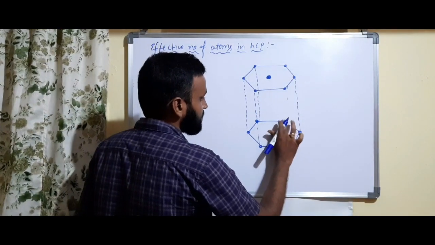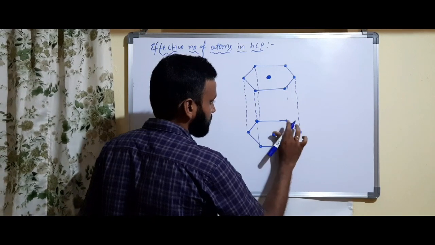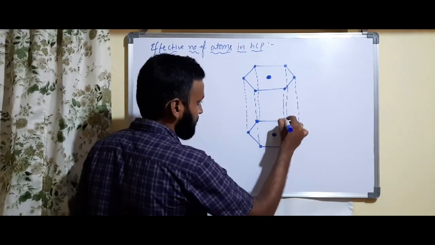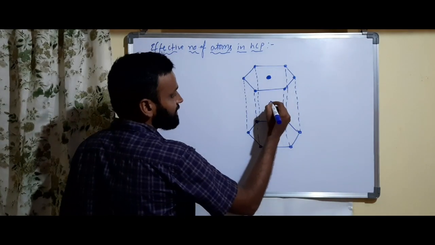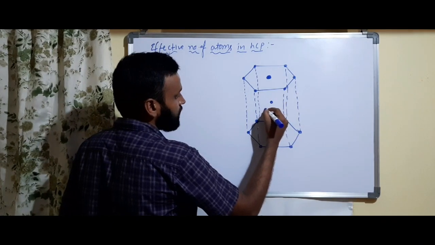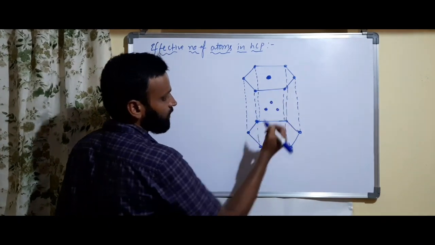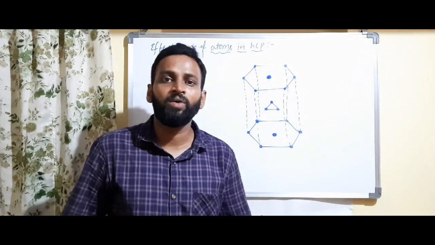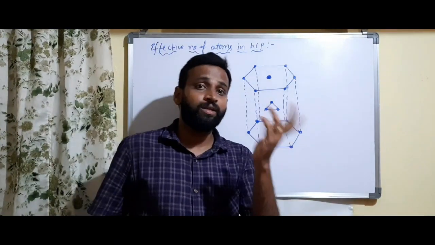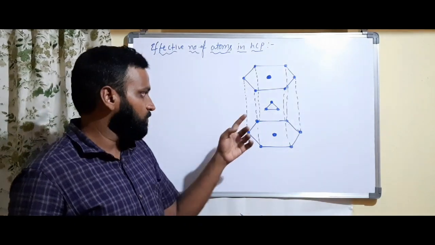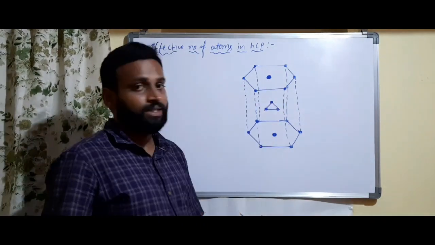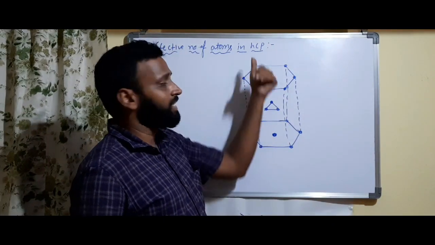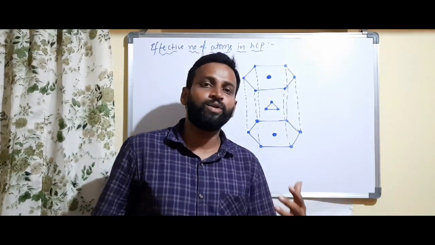It's somewhat better to write like this. Okay, and in hexagonal there are three, like this you can write, or else 2 here and 1 here. There will be 3 body centers present. They are the positions. We cannot ask, sir, why 3 body centers, when in cubic there is only 1 body center. But in hexagonal close packing there are 3 body centers and 2 face centers. Those are the positions occupied by atoms or ions in HCP, and nothing more than that. You have no need to think much about that.